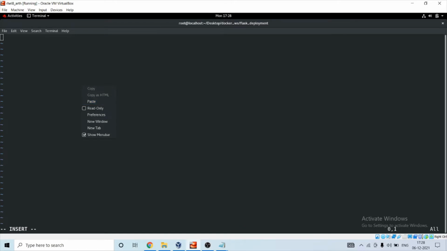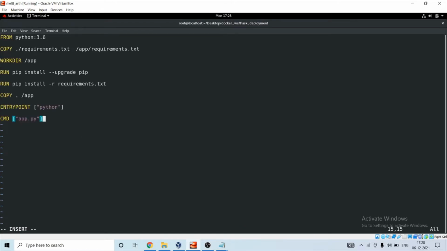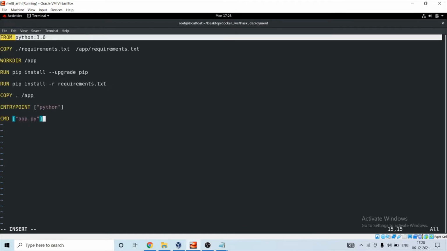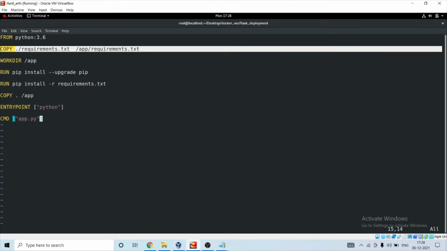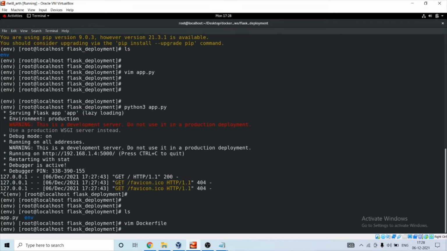So we are using Python 3.6 as our base image. Then we will copy requirements.txt. Oh, I have not created requirements.txt. I will create it. Pip freeze.